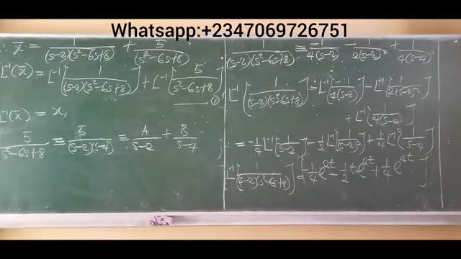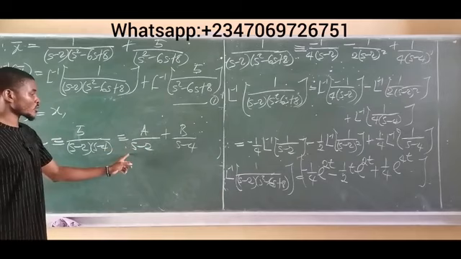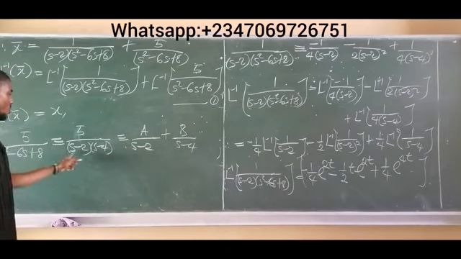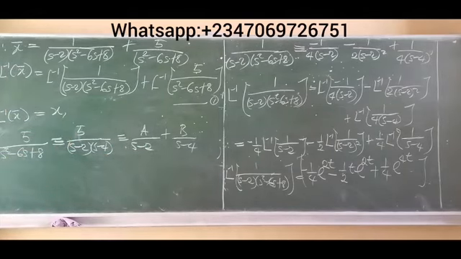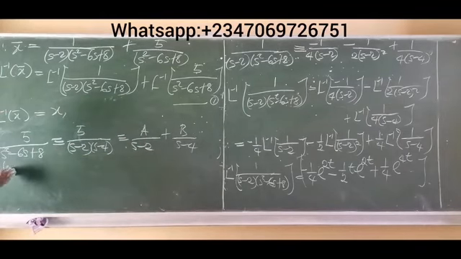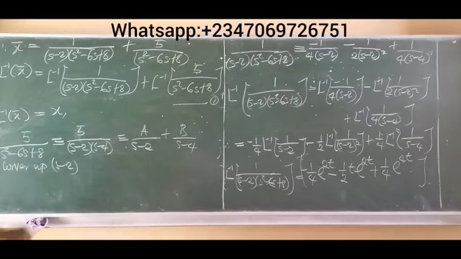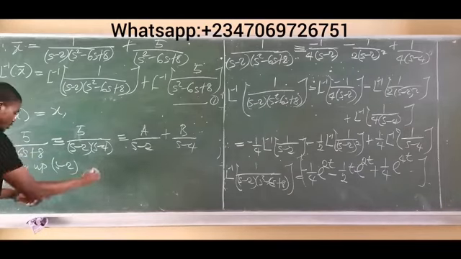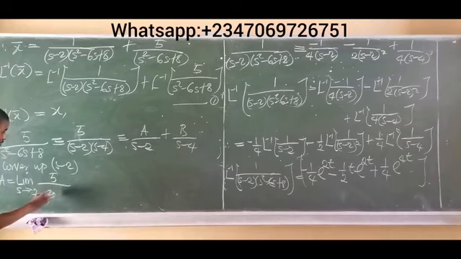In this case now, you can employ the cover up method to solve. To find A, I'm simply going to cover up what? x minus 2. So simply cover up x minus 2 from this equation. Hence, cover up x minus 2. So this will help us to find A. Alright, so A is now equal to the limit as x tends to 2. Remember, I'm covering up x minus 2. So I'm considering the limit as x tends to 2 of this equation, 5 all over